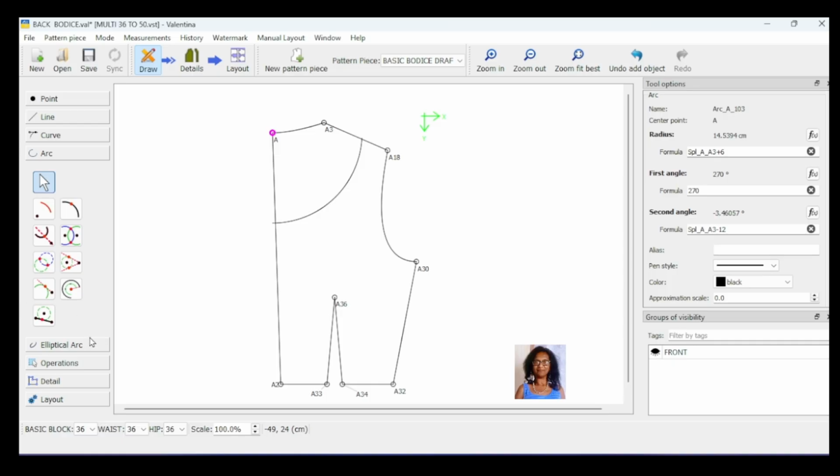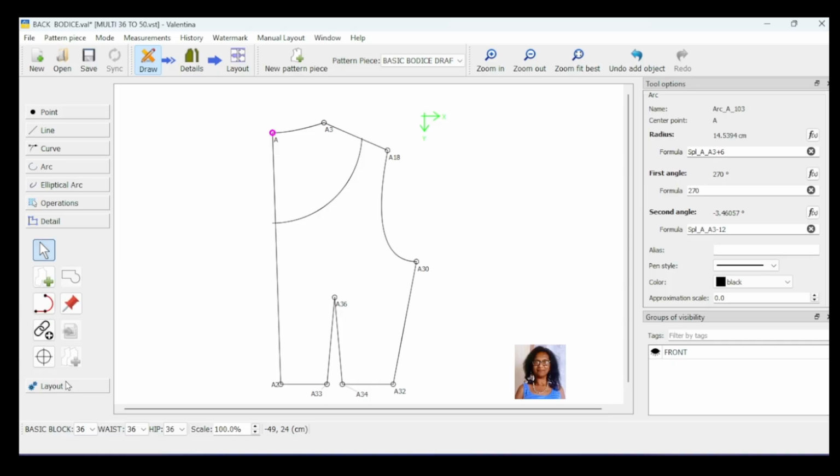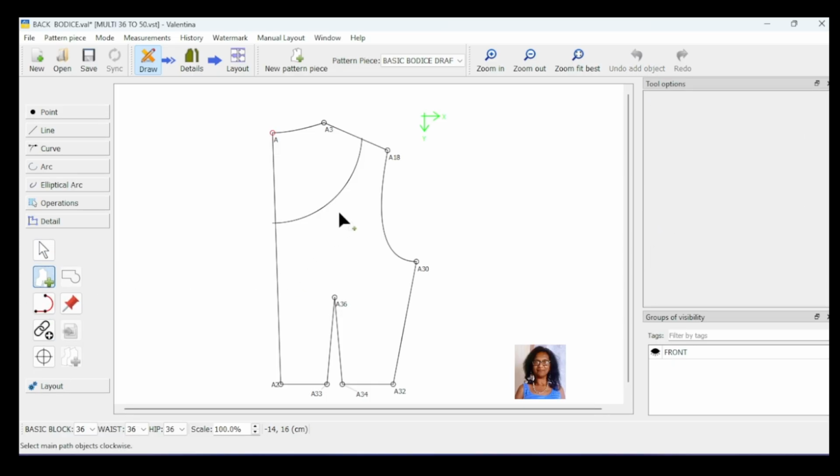I'm going to show you what happens. Now I'm going to go to detail mode and I'm going to select all my pieces. So you don't do anything else to this. I'm just going to select the curve and I'm going to select my shoulder point here. I'm going to select my armhole curve. Please make sure that you click onto the curve. Otherwise, it's not going to select the curve. Then I'm going to click my rest of my points